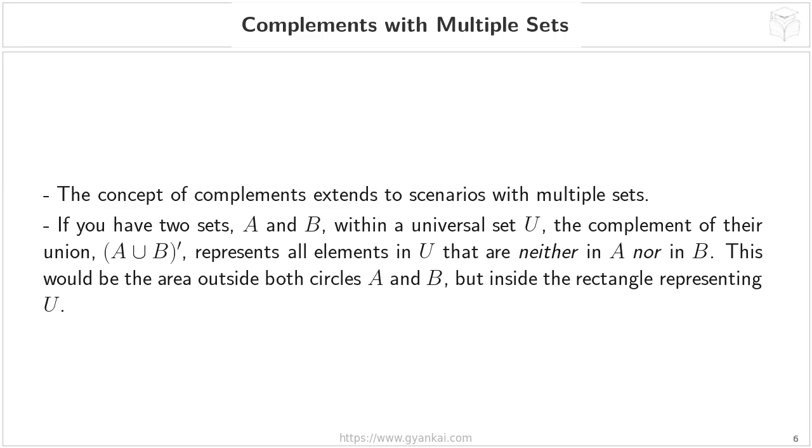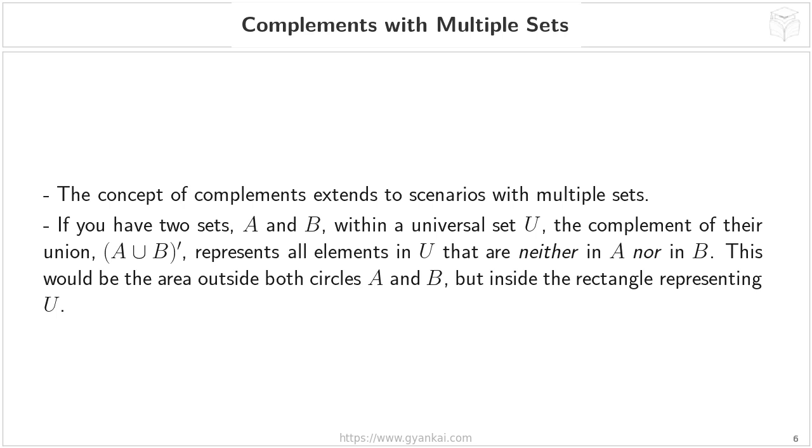That's written as A union B, with a prime symbol on top. We would say that as A union B prime. What does that mean? Well, A union B represents all the elements that are in either A or B or both. So the complement of that, A union B prime, represents everything in our universal set, U, that is not in A and not in B. In a Venn diagram, this would be the area that lies outside both circles, circle A and circle B,